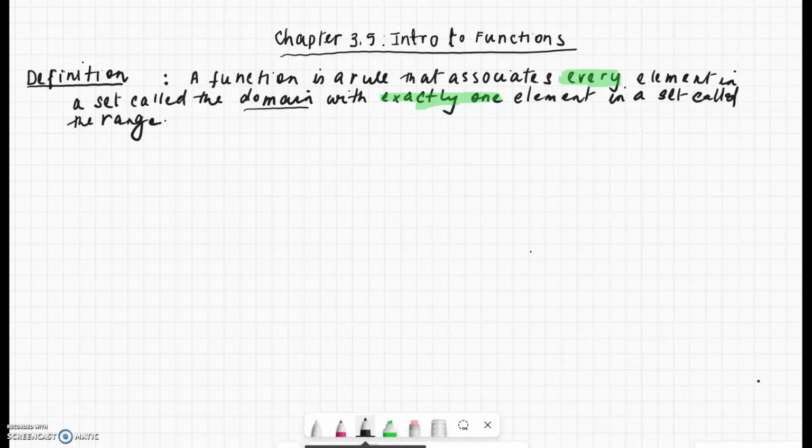A quick overview of everything we've discussed so far. A function is a rule that associates every element in a set called the domain with exactly one element in a set called the range. So